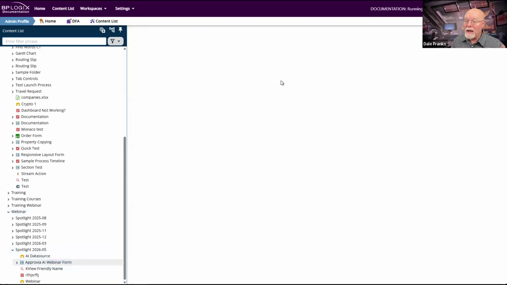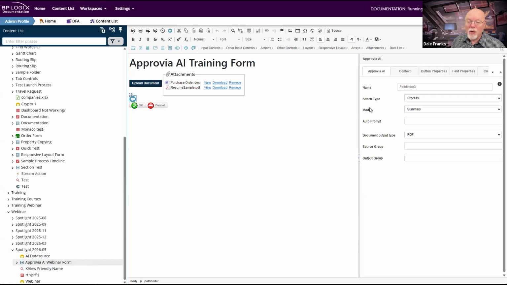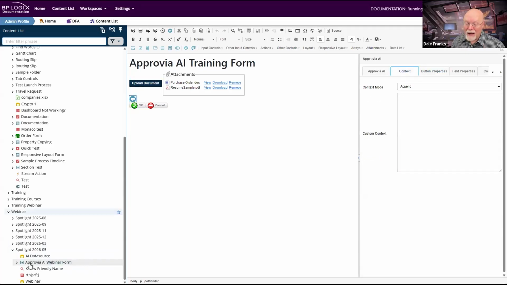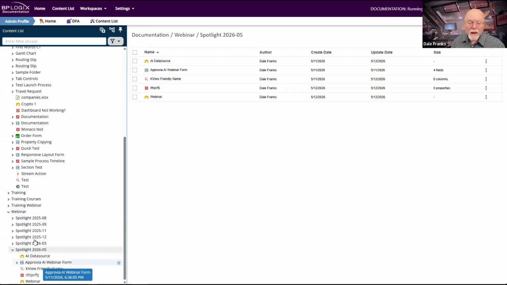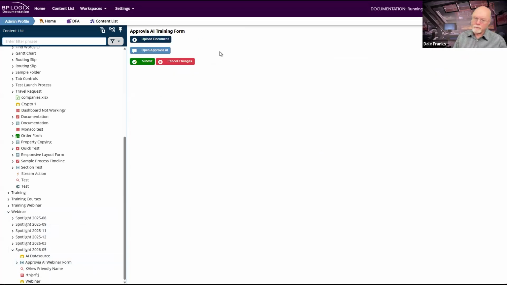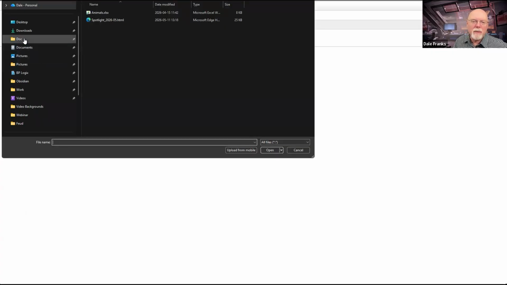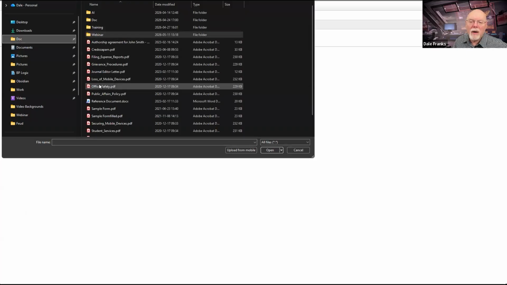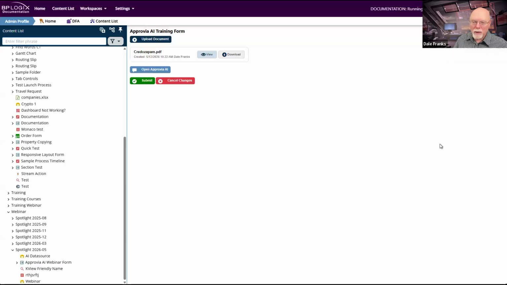Before I do that, I need to actually look at the control and be sure that I removed my changes. I did remove my changes. So let's go back and just run the webinar form here. And I'm going to upload a document. It's a fake medical study that I had ChatGPT build for me. And so we'll go to doc, and it's a fictional medicine called credozepam. And I'm going to upload that document.